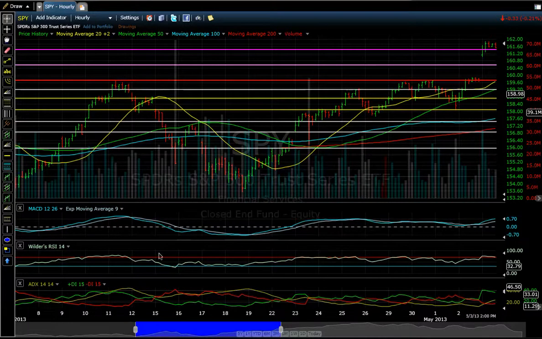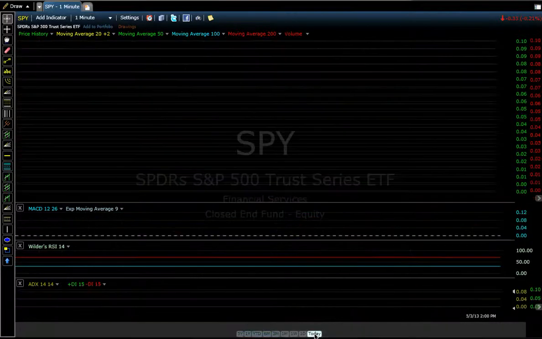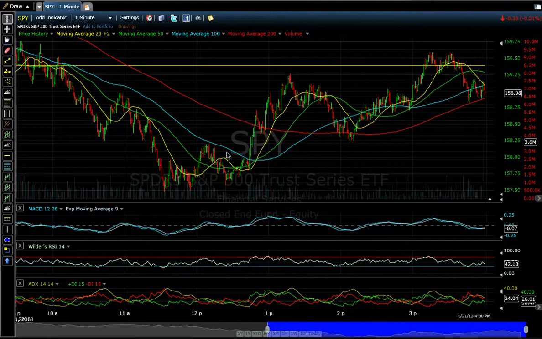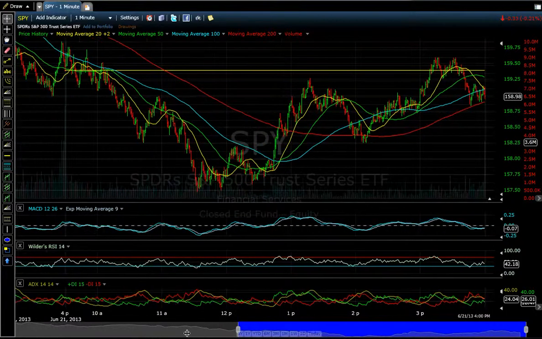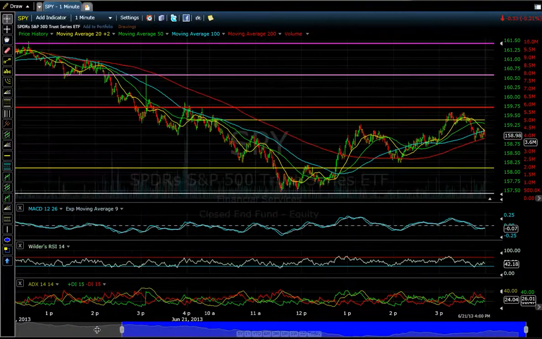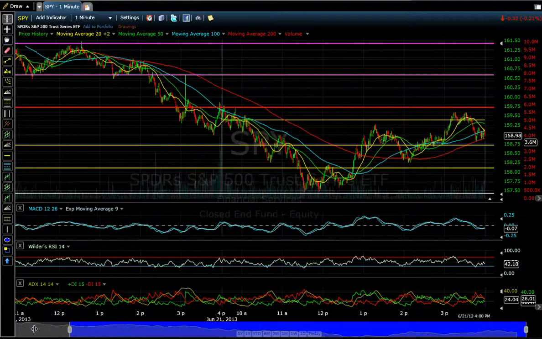Let's see how these lines add up. See, we can't see the lines right now, and this is what I mean. Sometimes in an hourly chart and in a daily chart, if you're trying to look at it on a minute chart, sometimes the lines will not show. So you have to go back and expand the chart in order to see. Hopefully those lines will pop up. You see them popping up. Alright,